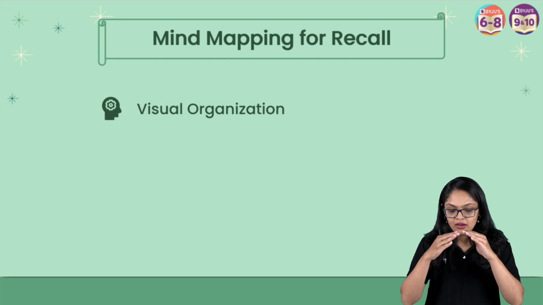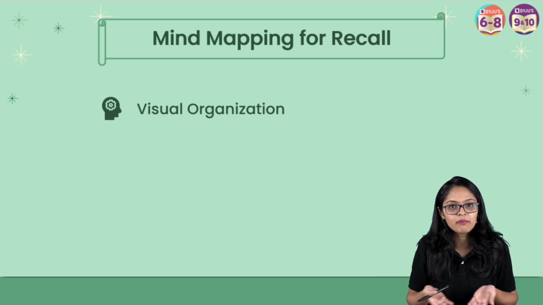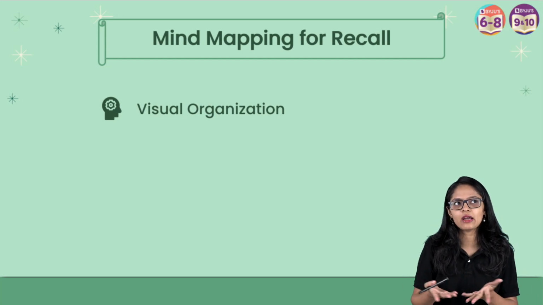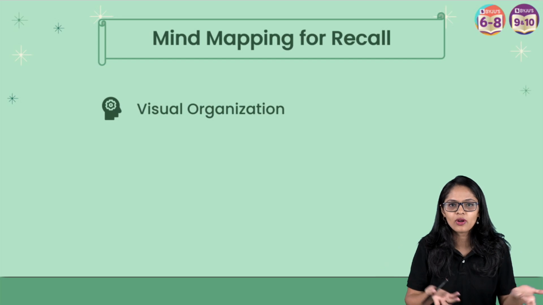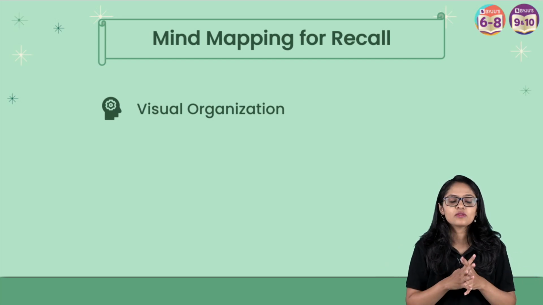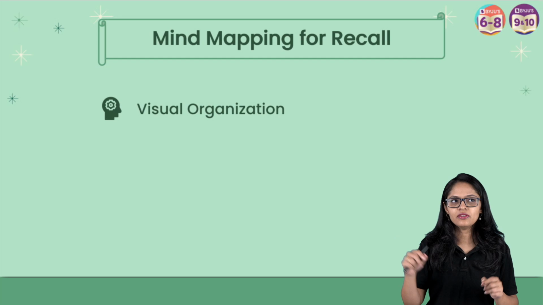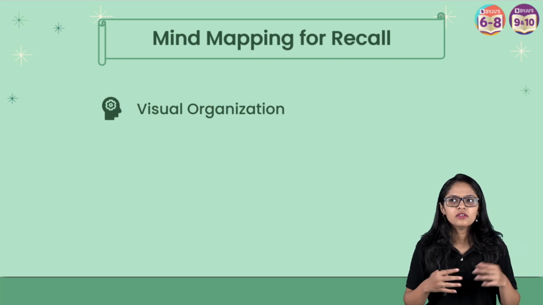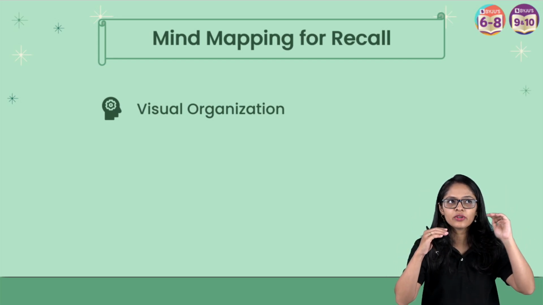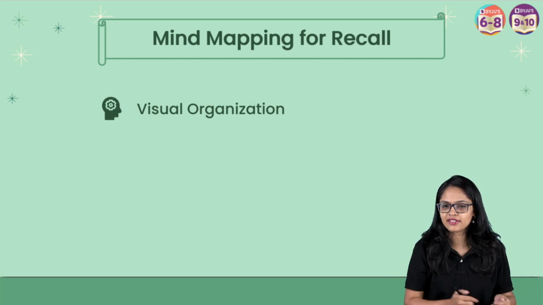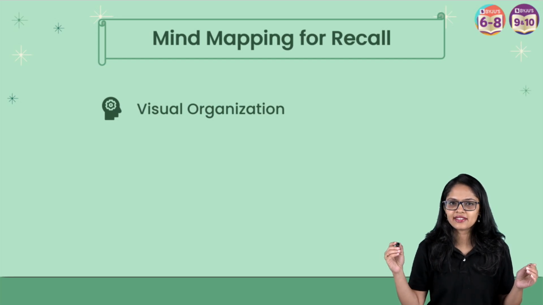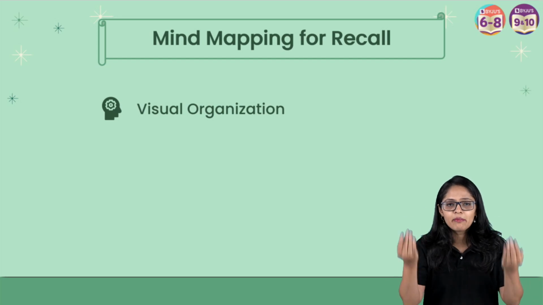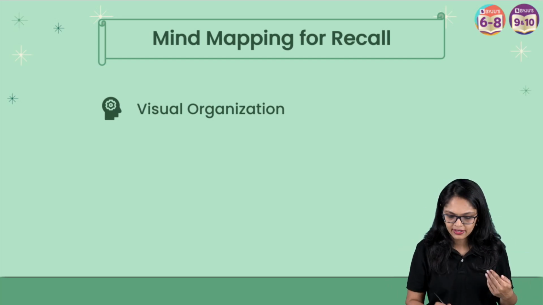So when you have made a mind map, and a question comes about the characteristics of solids, like you just wrote, during an examination you try recalling them. Now you remember the mind map. Okay, I wrote it here, oh, these are the characteristics. Then you write the characteristics, right? So that's how it helps in visual organization. You remember better by this method.